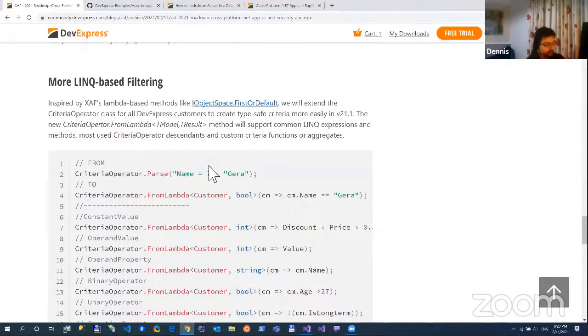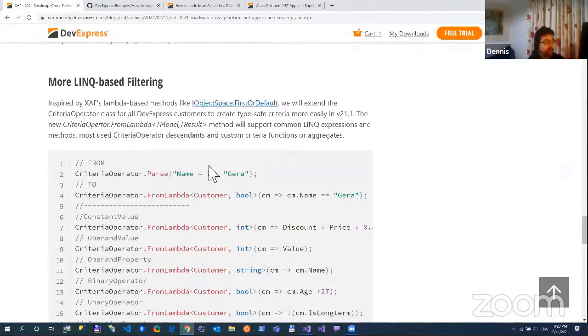Also, it allows you to build filters from strongly typed API using nameof and some other features, but it's less convenient than